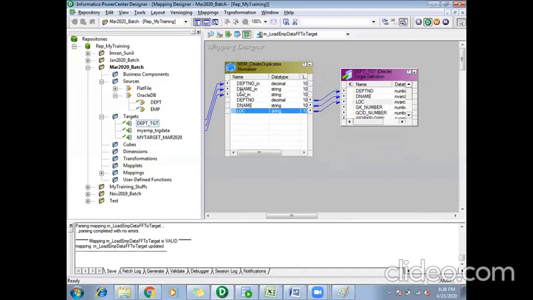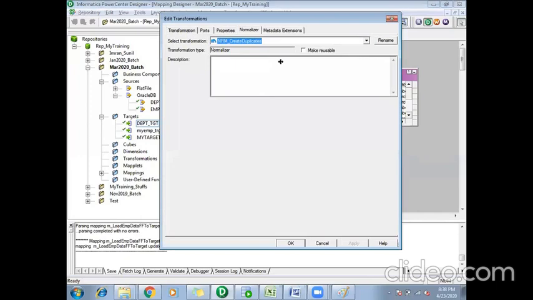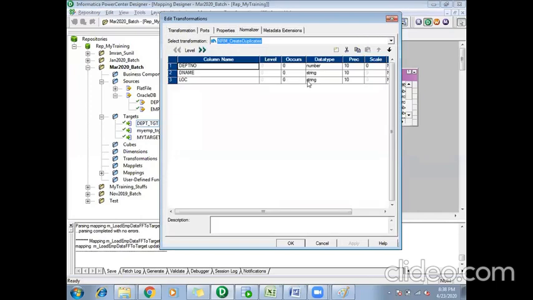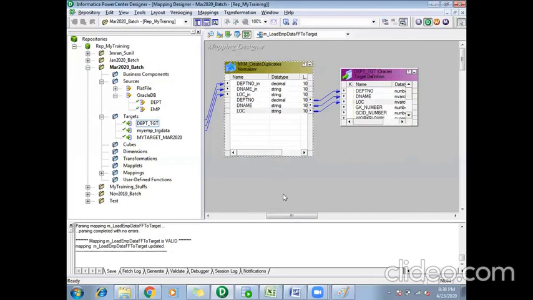As of now I'm not making any further changes. Since I can't link the ports directly from any transformation to normalizer, I manually created those ports in my normalizer transformation and gave a relevant data type. For each port created in the normalizer tab, it creates input and output ports. I have linked them accordingly. I'll save this and we'll try to run this mapping and see what happens.